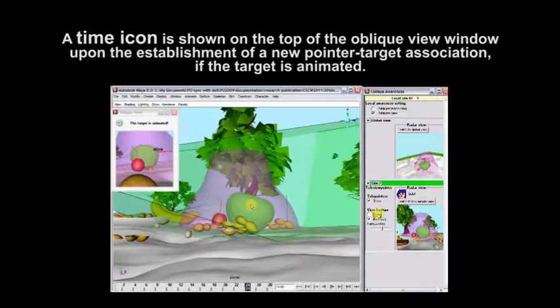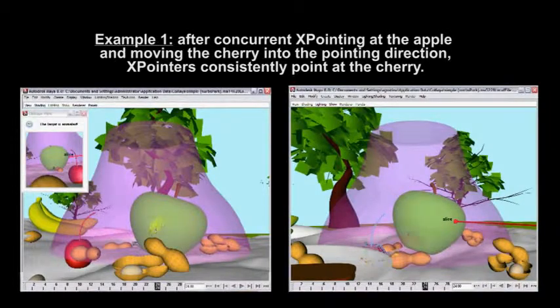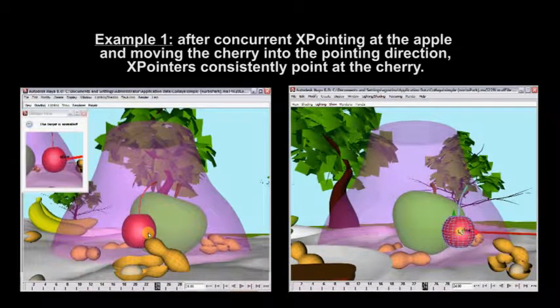A time icon is shown on the top of the oblique view window upon the establishment of a new pointer-target association, if the target is animated. XPointer points consistently even in the face of concurrent XPointing and editing work with the help of the dynamic XPointing effect determination, DXD, scheme. Example 1, after concurrent XPointing at the apple and moving the cherry into the pointing direction, XPointers